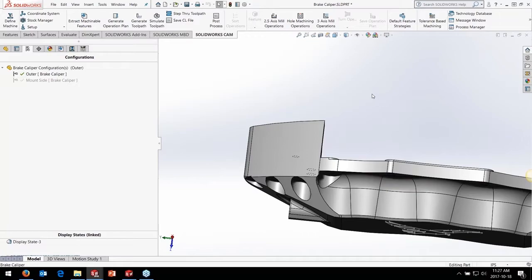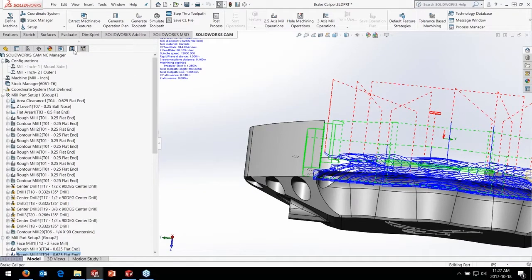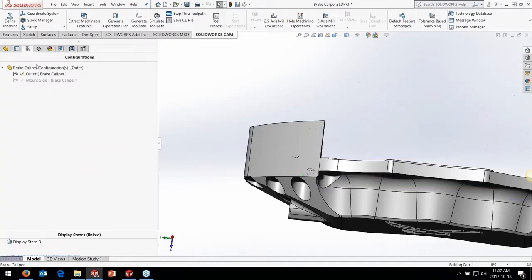Do I have to start and reprogram that again? No, of course not. SOLIDWORKS CAM Professional comes with the ability to have multiple configurations in your program, and those configurations also link to the SOLIDWORKS configurations. So if I say, okay, I've switched over my SOLIDWORKS configuration to my other side where I've got these mounting holes in it,